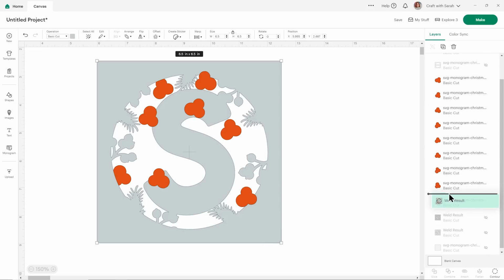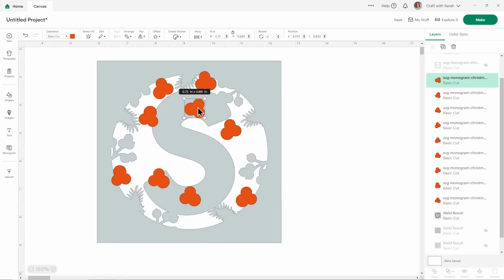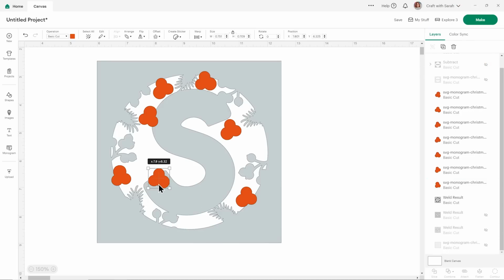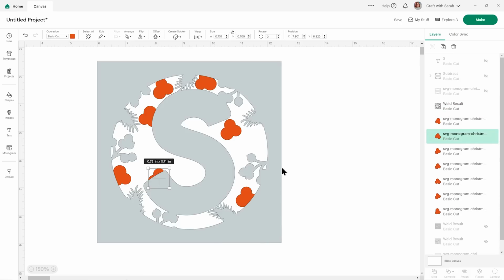And then let's just drag that manually under all of those berries. You might now find that there are some berries that aren't going to be seen at all on your final design because they'll be underneath this piece. So for these, for example, this one, I'm going to click it and delete it, either by pressing the trash can icon or you can hit delete on your keyboard. I'm going to keep this one because you'll still see a little bit of the berry coming out of the end of the S. So now that I'm happy with all those berries, I can drag this grey one above them. So this is how it will look when it's all cut out and stuck together.